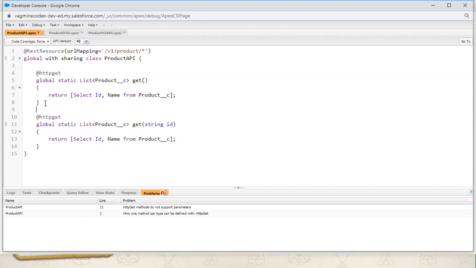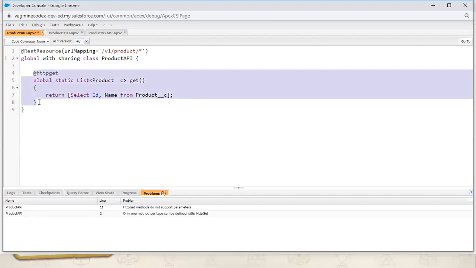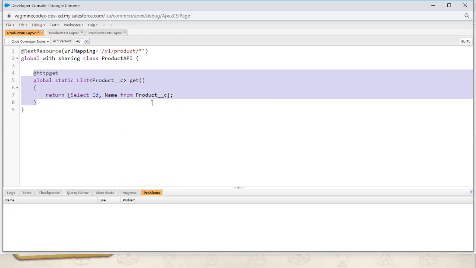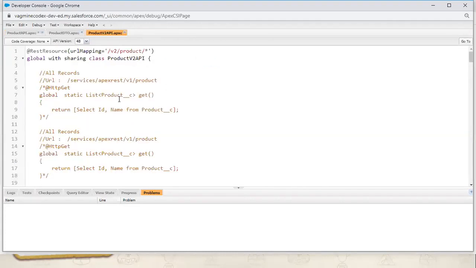So what do we have to do? We have to use the same GET method and extract the ID from the URL. As I told you, for accessing any endpoint, the endpoint URL is the most required thing, and we can pass the parameter in the endpoint URL. So we can pass the ID in the URL and extract it. Let me show an example of how we can do this.